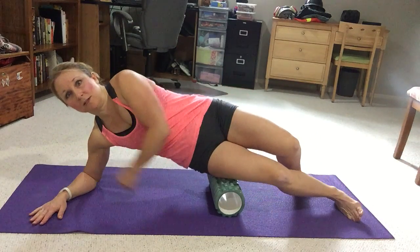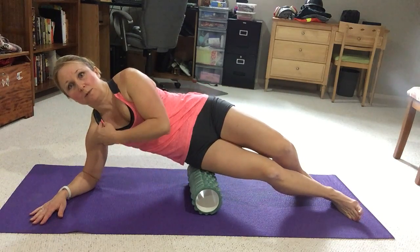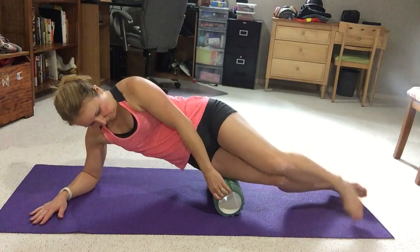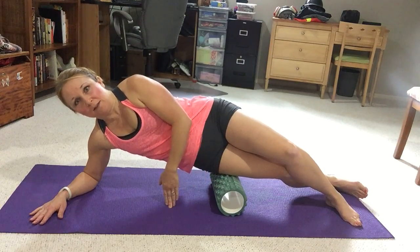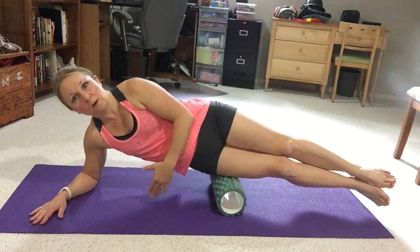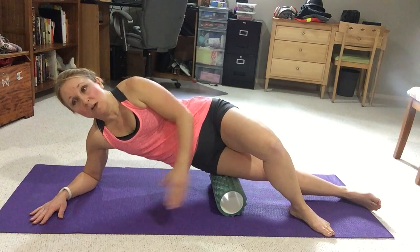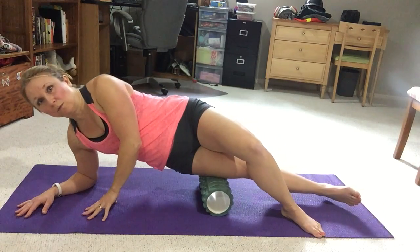Make sure that as you're doing this, you have your body lined up properly, so your elbow is underneath your shoulder to start with to support that weight. Your roller is at the top of the hip here, just below, but not on the hip bone. If you can put all your weight on there, do that. If you've done it for a while and your muscles aren't quite so tight, you can put more weight on it. If you're finding it's really sore, definitely drop the legs down, use that front leg for support, and then roll